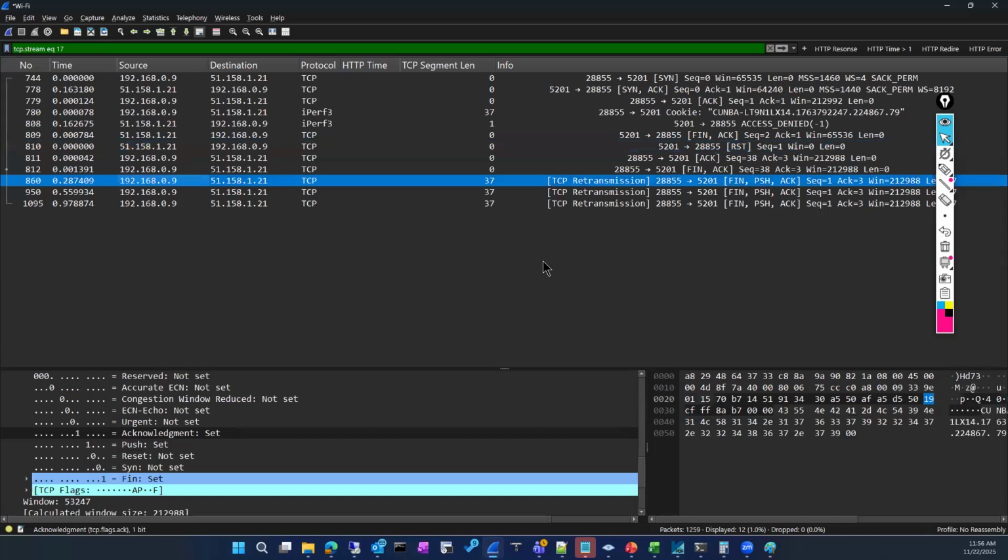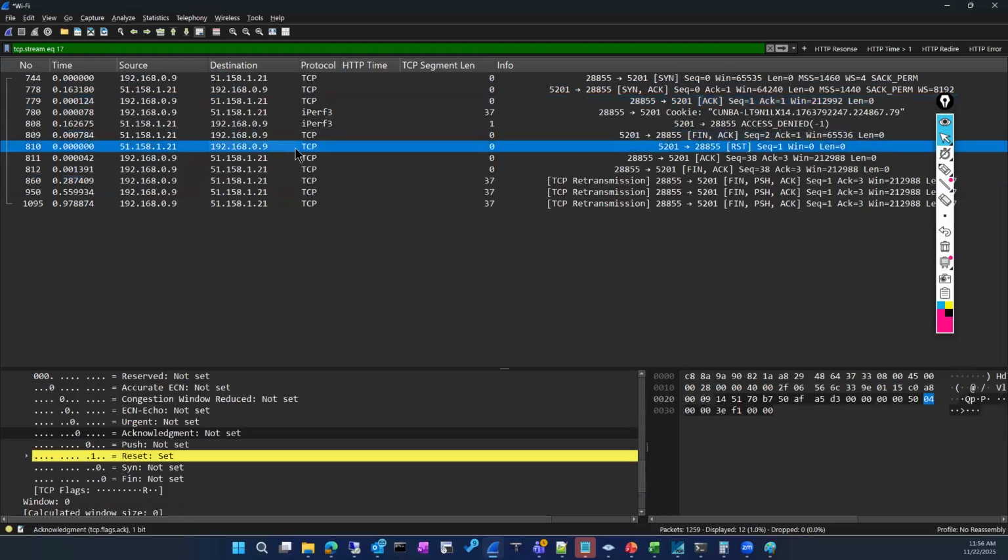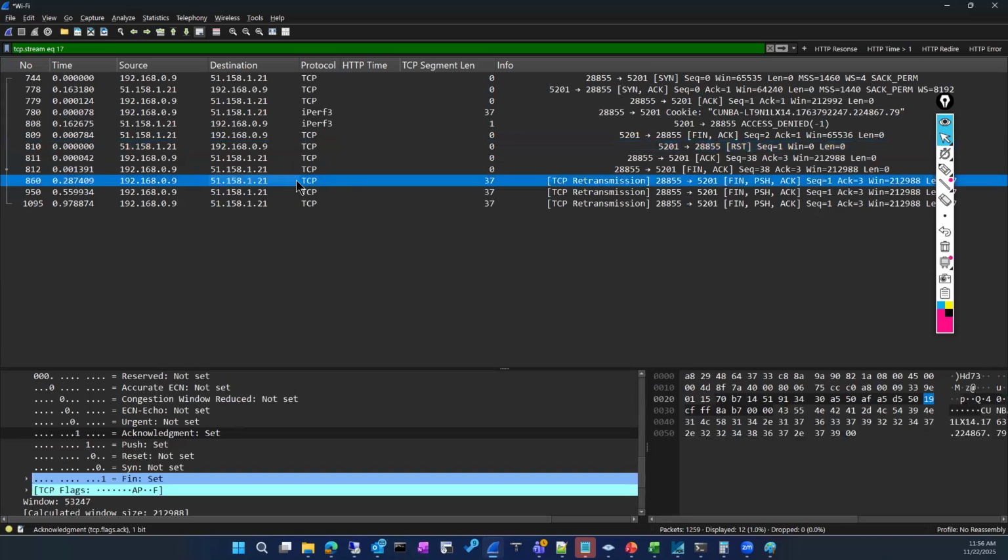This is called retransmission. There is a big difference between the retransmission and reset. Retransmission is, it is trying to establish a connection. It is not resetting the connection. It is not at all ready to send a SYN-ACK back now. But you see the three-way handshake and there is a reset happening because it resets the connection. I don't want to continue a connection, but there is an end-to-end connection between source and destination. But retransmission is something it is trying to reach and it cannot reach, then again it is